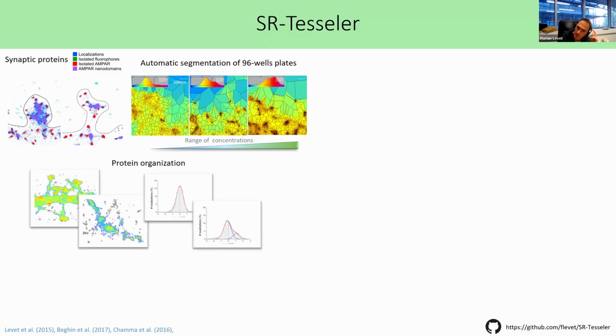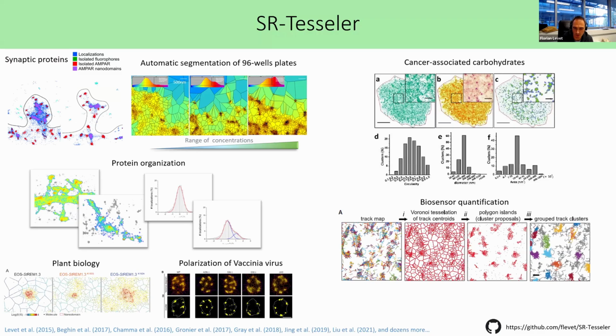We also show that we could use the distribution of the local density in different protein, so pre and postsynaptic, in order to find that they were organized differently. And since 2015, the software was available on my GitHub. And so it was used by dozens of groups in the world in order to do quantification of very different